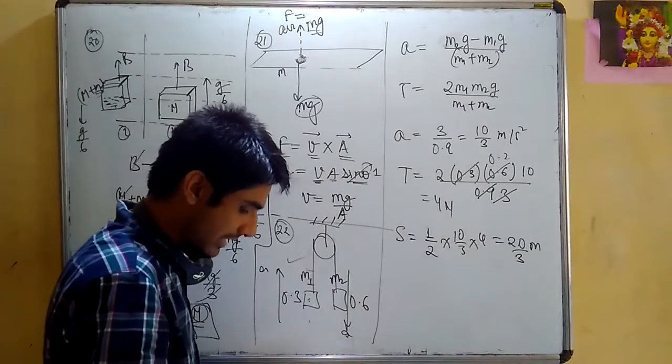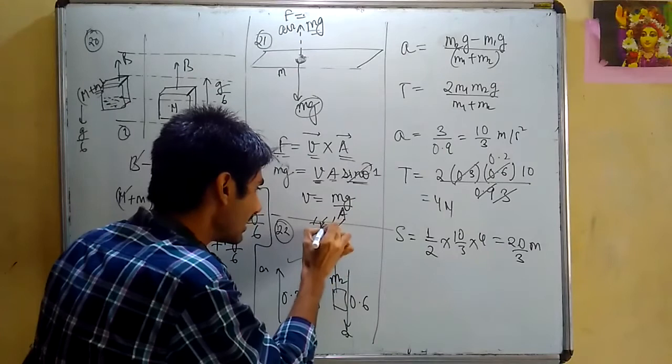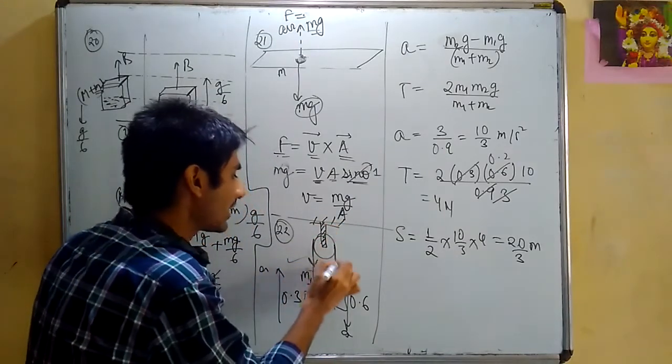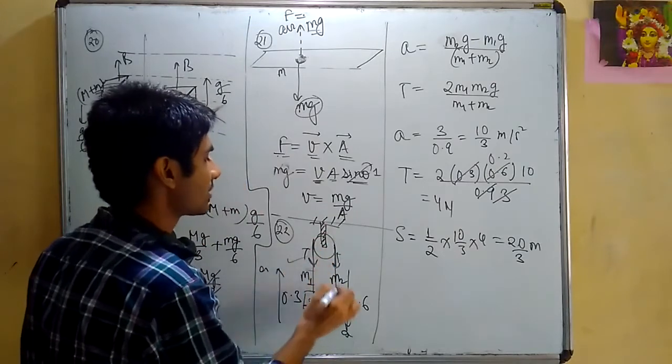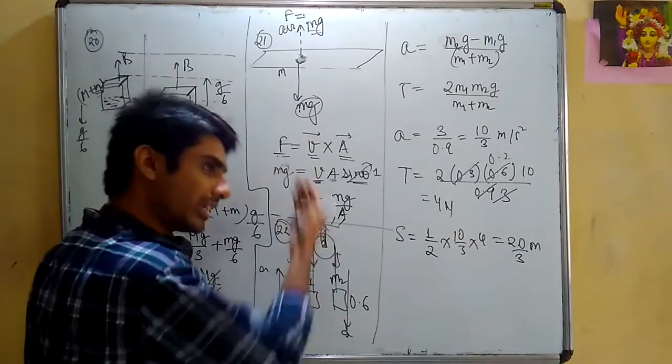Find the tension in the string and find the force exerted by the clamp on the pulley. This is the clamp. This is called the clamp. So how much force will the clamp exert on the pulley? पुली पे कितना लग रहा है फोर्स? नीचे की तरफ टेंशन. So पुली पे नीचे लग रहा है 2t. Clamp will exert a force of 2t in upward direction.